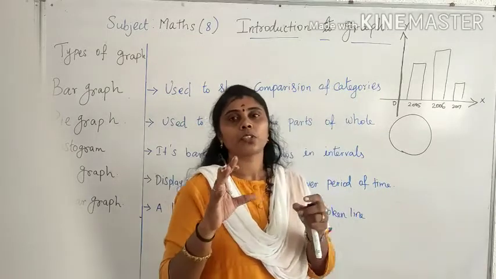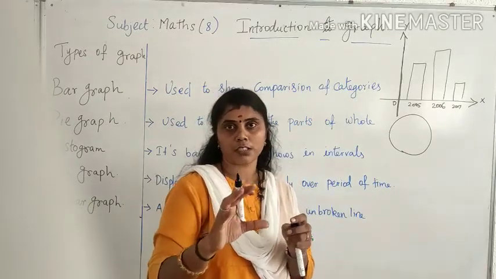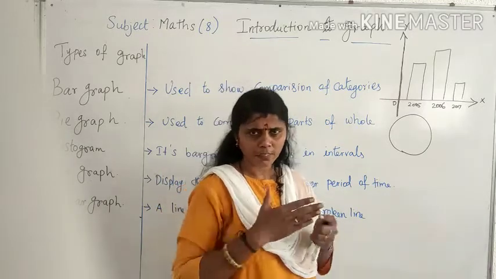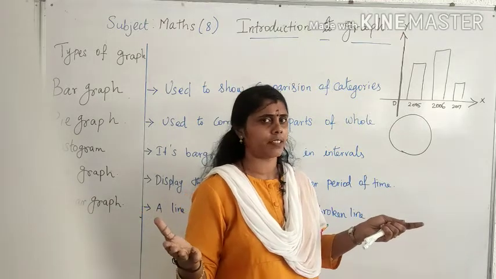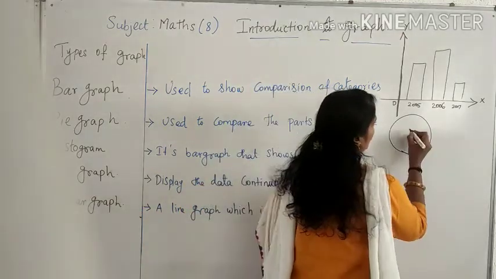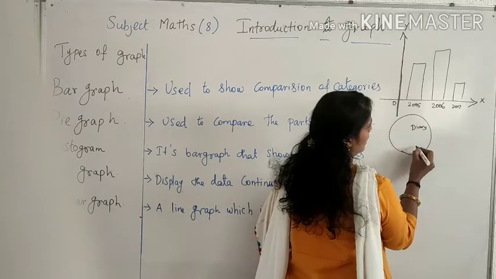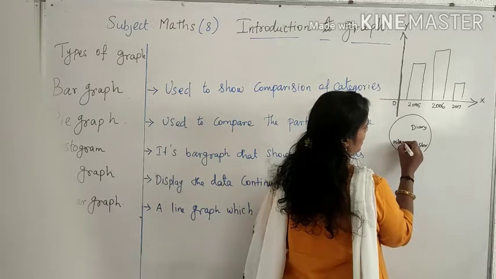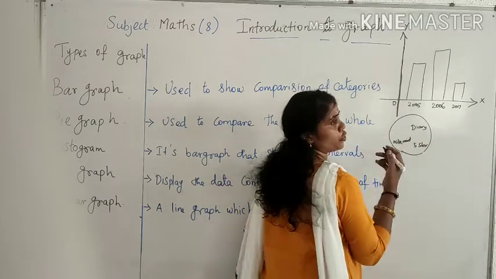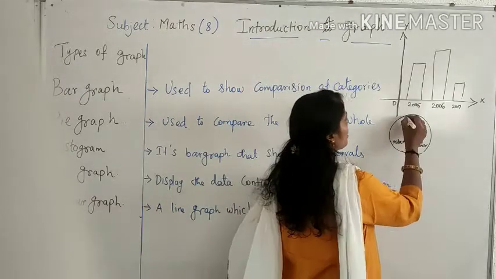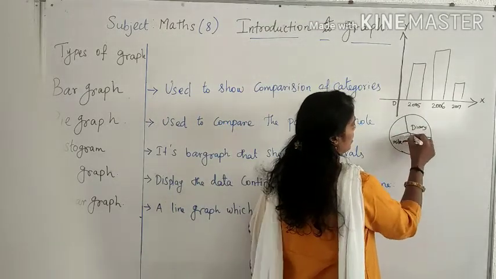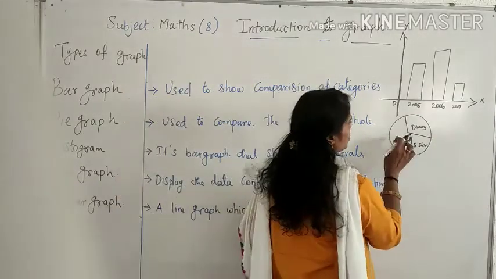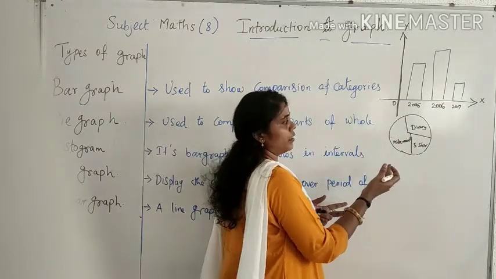And if you want to take a survey of people in your society or in your school, how many of them like chocolates? Different types of chocolates are there. Suppose you take Dairy Milk, how many of them like it? And then 5 Star, right? Milky Bar. Like that we can compare the different varieties of chocolates, except these also many are there. If you just want to compare them, we use the pie graph, right? This is also one thing. So we can compare the chocolates, many of them liking Dairy Milk, right?